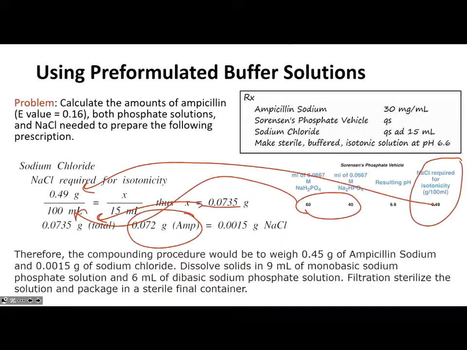You kind of see why you need to know some of these calculations for compounding. You will eventually have to make sterile products in an IV, and how do you know how to formulate them, and how do you know where the buffers came from? So in the end, remember, because we're about ready to move on, I'm about done, and we'll move on now to electrolytes through this, but the isotonicity and the pH, all of this buffery type solutions are all required to make an actual